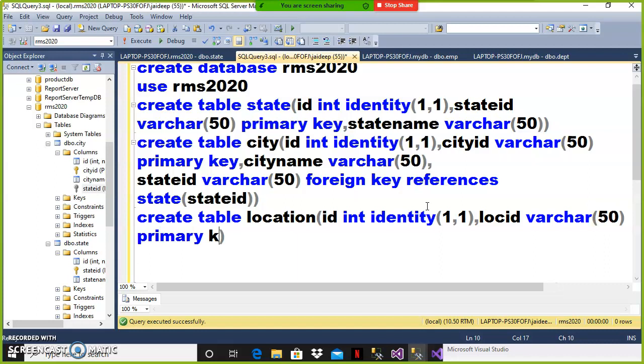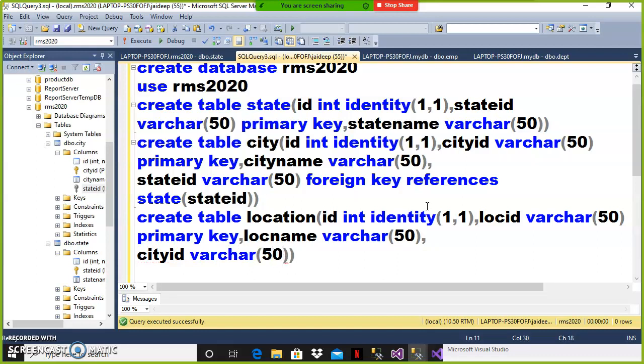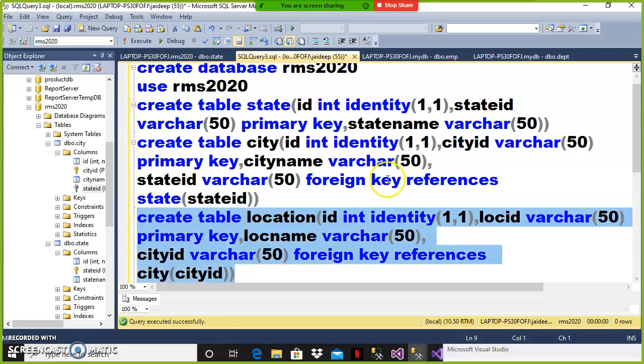Here I'll apply primary key, comma, location name, data type I'll give varchar of 50. And here I'll give city ID, data type I will give varchar of 50. And I'll apply foreign key references primary key table name of primary key column name, city of city ID. This is my table.